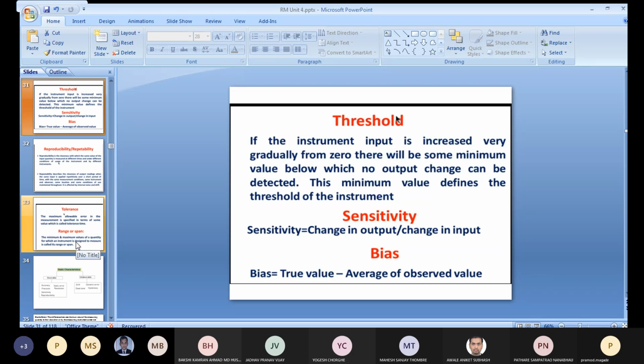Prashant, are you there? Okay. Aniket, can you tell me? Hitesh? Okay, Yogesh, you can tell. Yes,